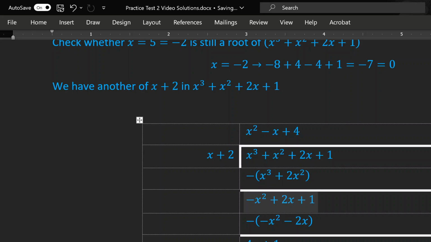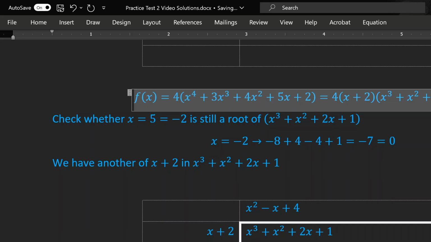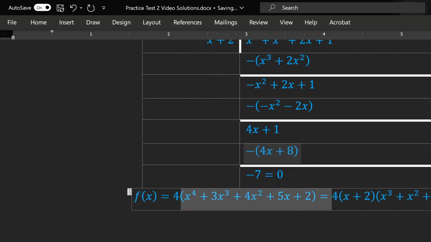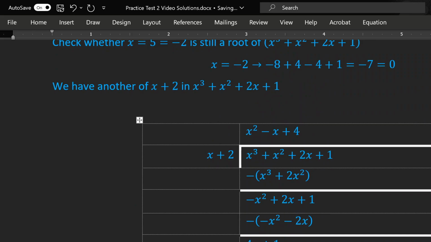So just to summarize where we're at, we had this before. And now we've factored out another factor of x plus 2, so I'm going to put the square on the x plus 2. And then what's left over is this quotient from up here, x squared minus x plus 4. Okay, and so what we need to do is check again whether